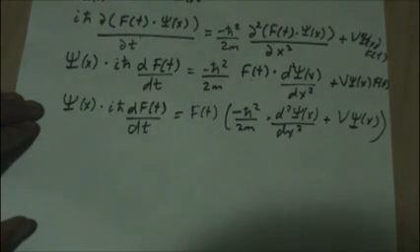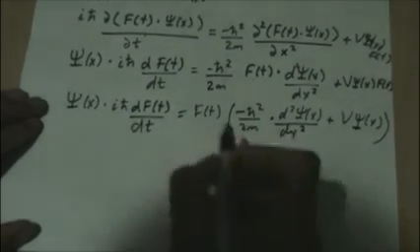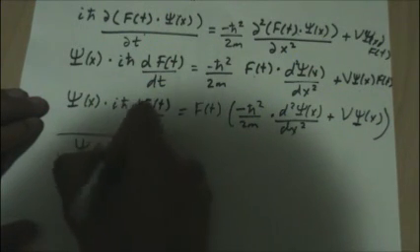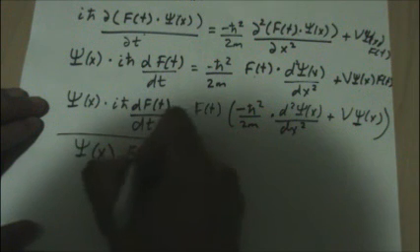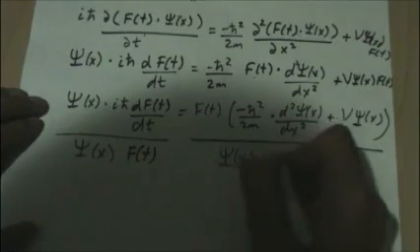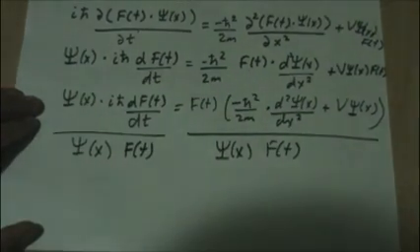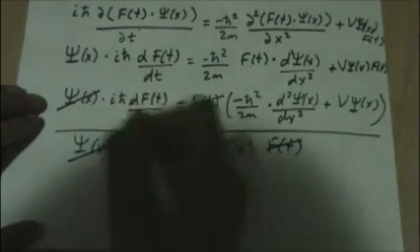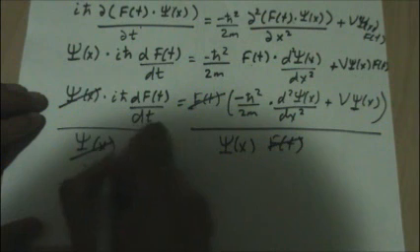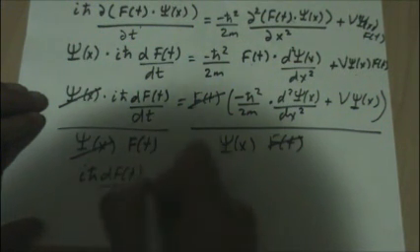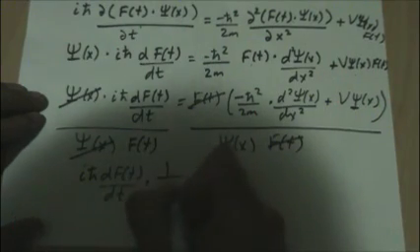Now what I'm gonna do is divide both sides by psi of x and f of t. And pardon my way of doing it. It's a quick way we learned in grade school. Okay. What happens is this f of t goes out with that, psi of x goes out with that, and what we're left with is i h bar df of t over dt times 1 over f of t